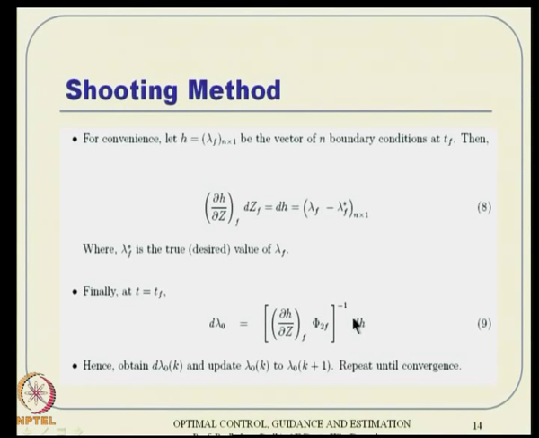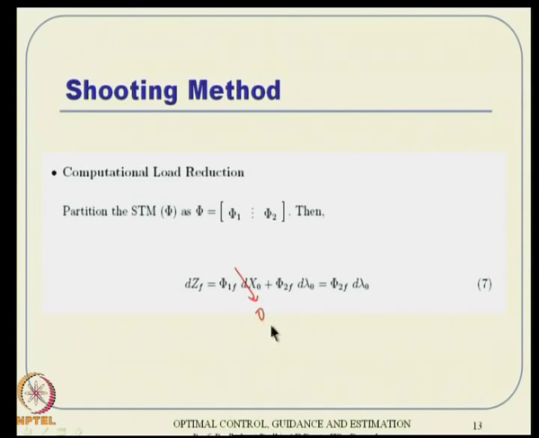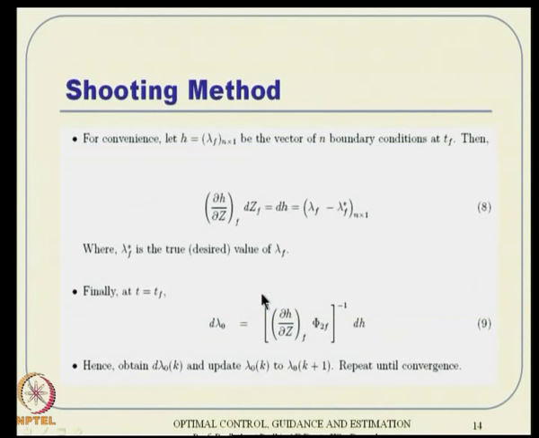Which is also logical, because all that you need is an n dimensional correction; the rest of the n dimensions you do not need, as it is fixed to 0. So, you multiply these components together and then take the inverse, and you will be able to compute it in a slightly less computationally intensive way. It will just reduce the matrix inversion from 2n by 2n to n by n.